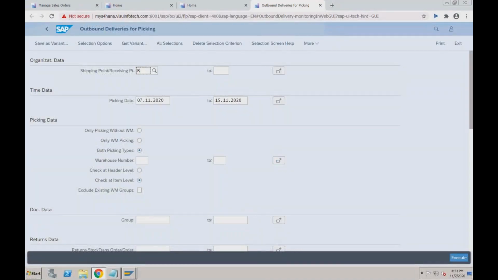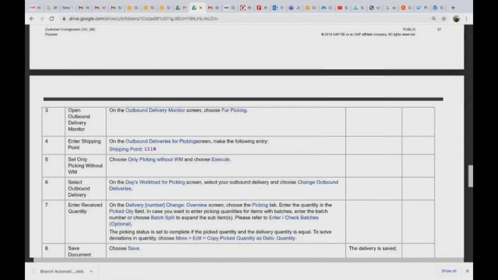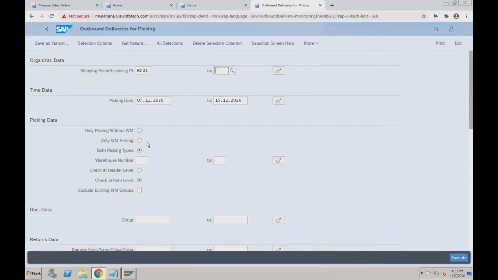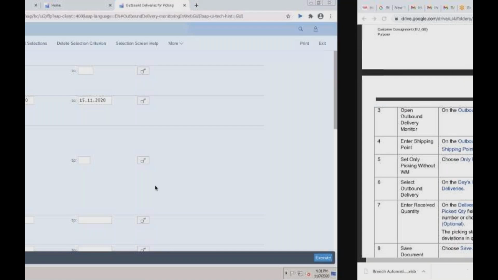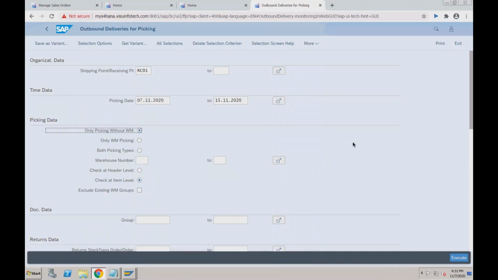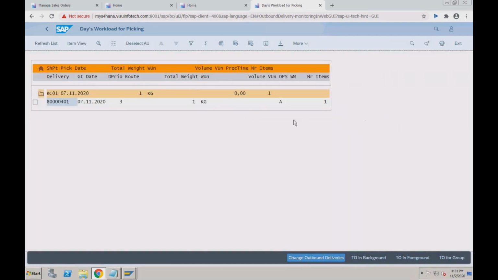shipping point, which is RC01. Okay, you can see only picking without WM. I'm selecting and execute. So first let's try to execute as it is. Let's see what happens. Okay, you can see